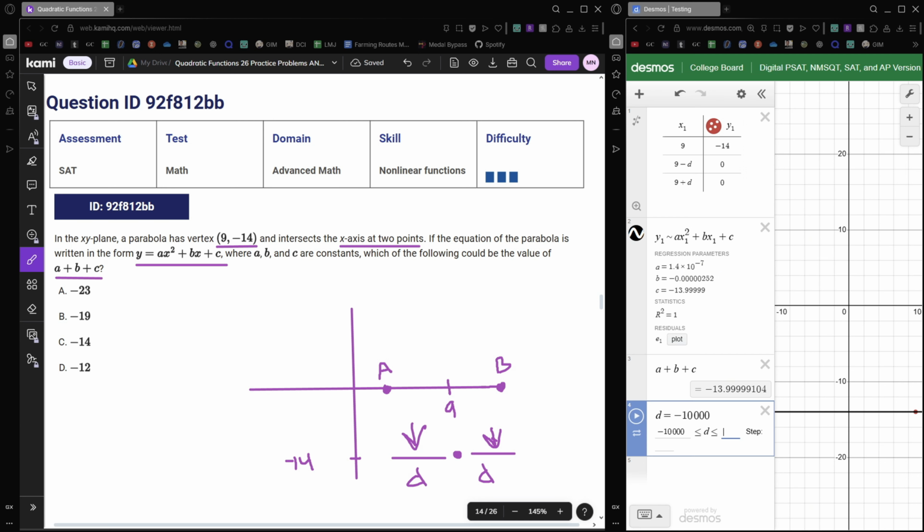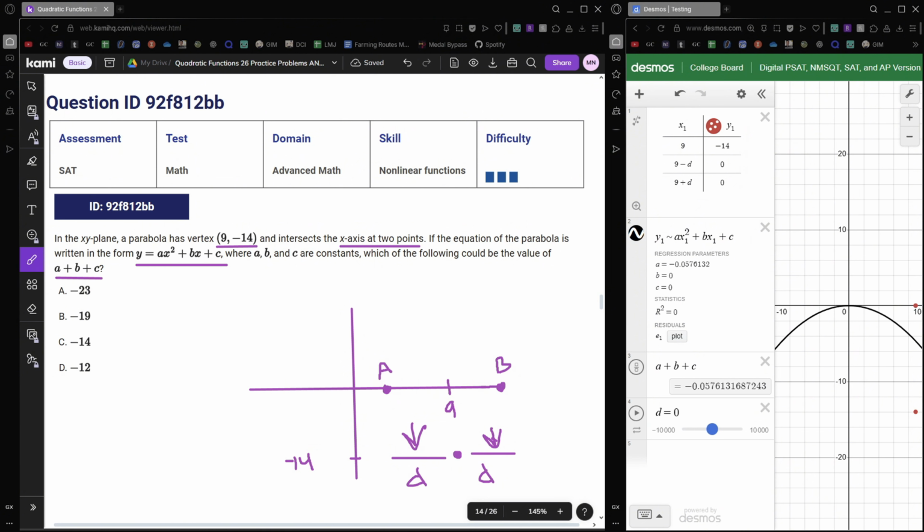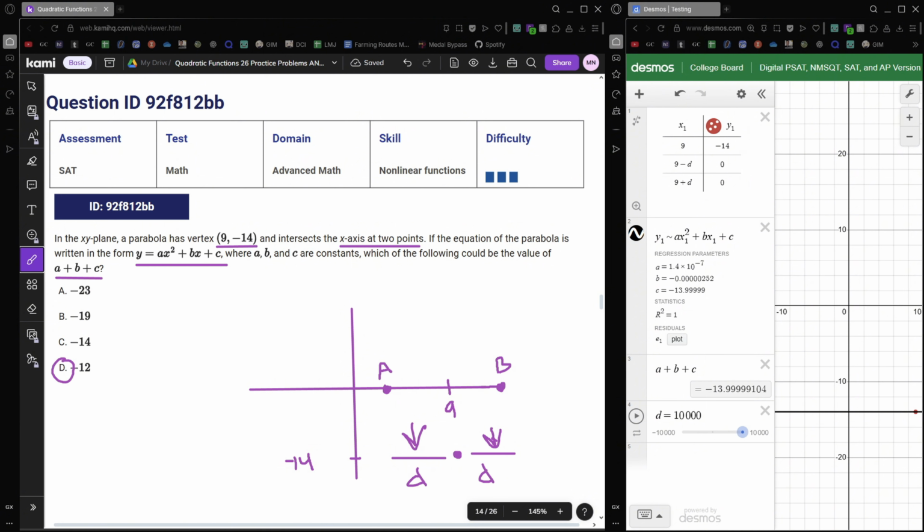Now let's go the opposite direction. Let's set d equal to positive 10,000. And you notice the same will still apply. It will infinitely get closer to negative 14, but it will never actually be negative 14. So what we can get from this is that the value of a plus b plus c will always be greater than negative 14. The only answer choice that satisfies that requirement is D, because negative 12 is greater than negative 14. Alright, that was a really roundabout way of explaining this problem, but you could have also just realized